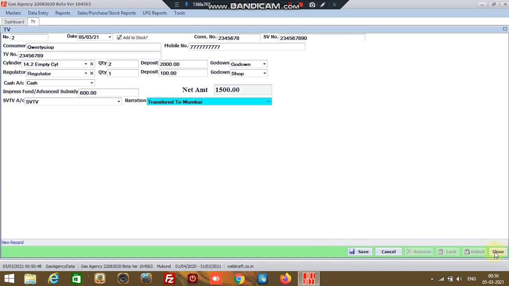Now you will see that there is no print button appearing over here, deliberately so, because if a print is allowed, this TV out may get printed and there is a possibility of a mistake that the staff of the distributor may hand over this particular voucher to the customer, which will be highly incorrect and will put the customer in severe hardship, as the new distributor at the new place, that is Mumbai in this current example, will not accept any other document but will accept only the transfer voucher, this transfer voucher document generated from the company's portal.